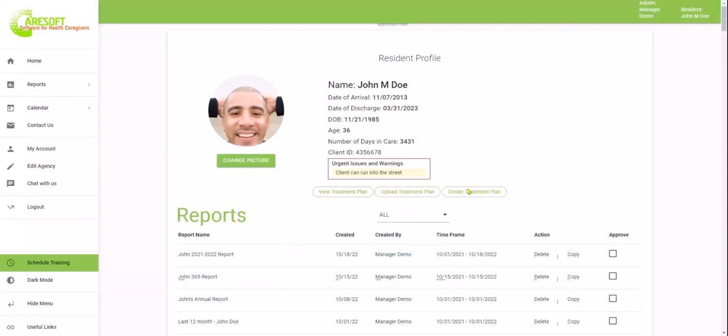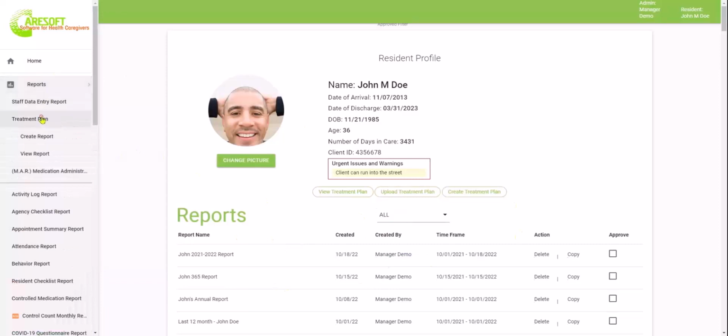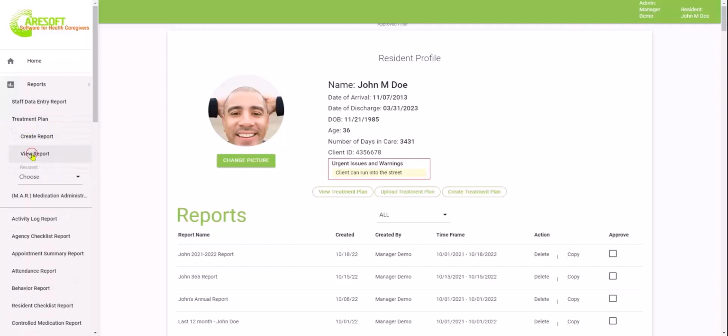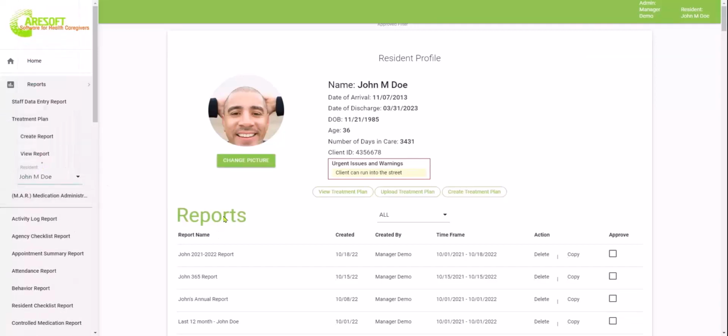If I ever want to get back to these created reports, I can click on reports. I can go back to treatment plan. And again, this treatment plan is the word that we decided to use. This is customizable in Edit Agency. So instead of me creating a report, I can simply click View Report. I can choose the resident. I can choose John Doe, and it will take me back to this page so I can see a list